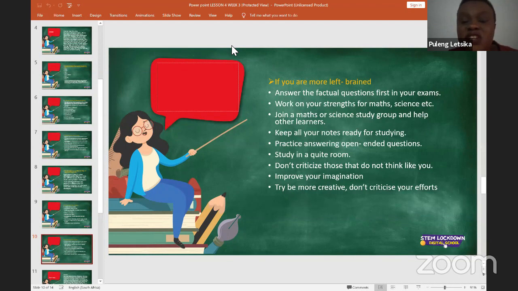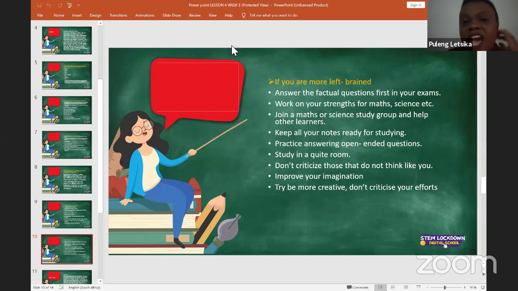So you answer the factual questions first because you're not very good with open-ended questions or questions that require your opinion or whatever. So you're going to start first with the factual questions. It's not to say that you can't answer open-ended questions, but you're more inclined to answer the factual questions.